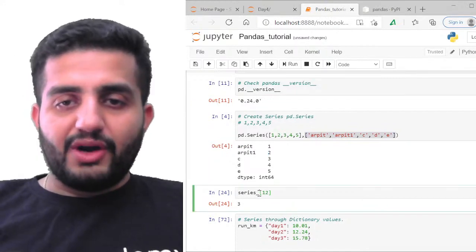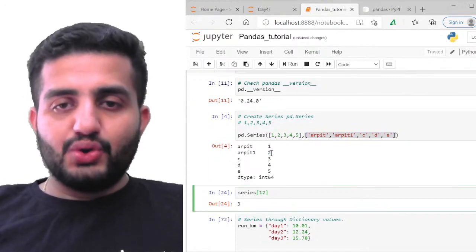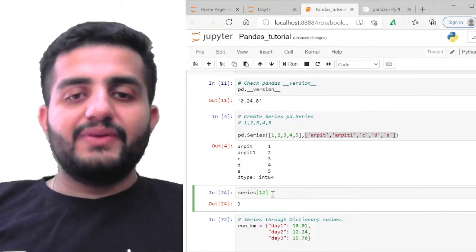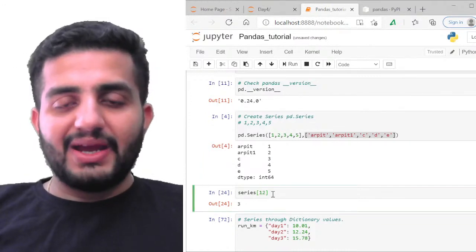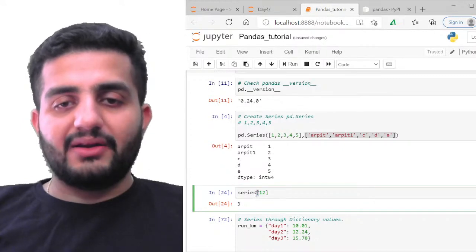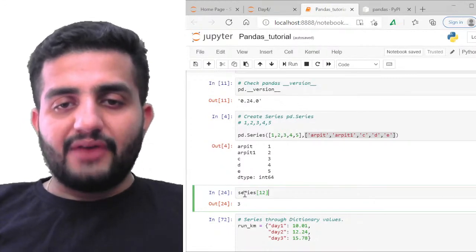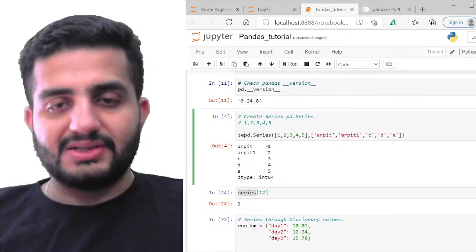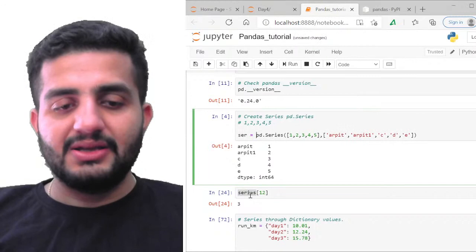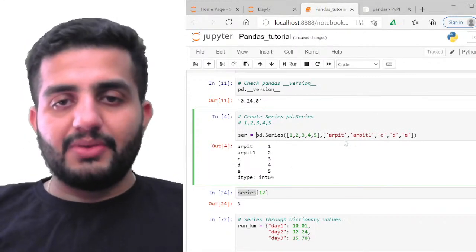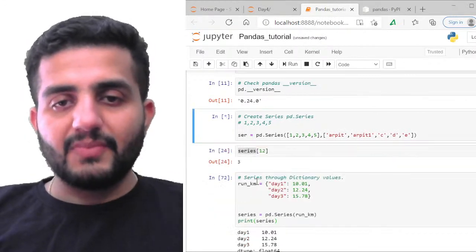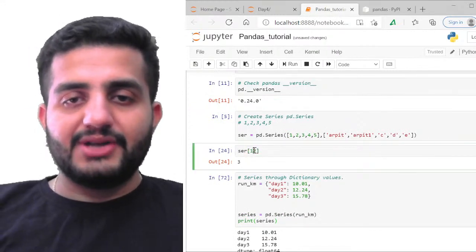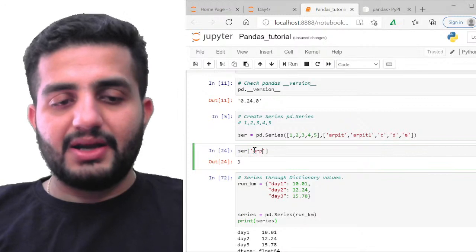So what if I have to access the element 2 here? For accessing elements, you always use a square bracket. I have to store it somewhere, so I'm going to store it as ser is equal to this, and then call it. What is my index here? My index is Arpit1, so I'm going to call Arpit1.